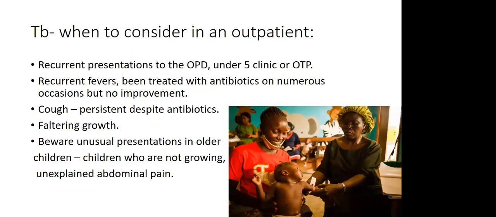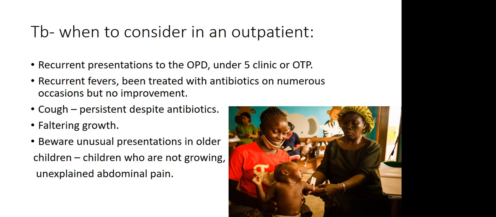And outpatients is a little different, but I would consider that any situation where you have children coming to under 5 again and again, or to the OTP, and they just keep coming. You have the 2 PAs, Sata and David, there. When you're doing your peds rotation, it's very good to spend some time with them, because they are very good at recognizing the children who are not improving on the Plumpy'Nut. And if they see there's no improvement, they will very rapidly say, okay, this child, we need to find out why the child is not improving. We can bring them on bed, do some investigations.